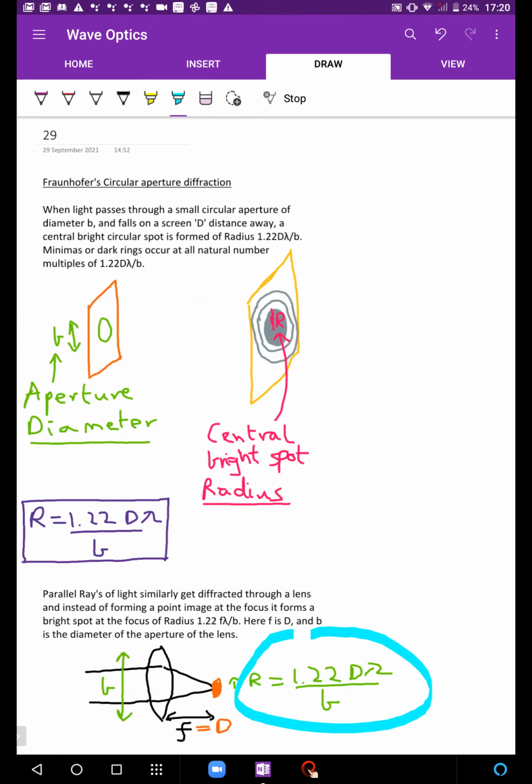So if b is big, this radius is small. But if b itself is small, if the lens is not very big, then this radius becomes more and more prominent. So you can't use very small lenses, because then instead of a localized image, you get